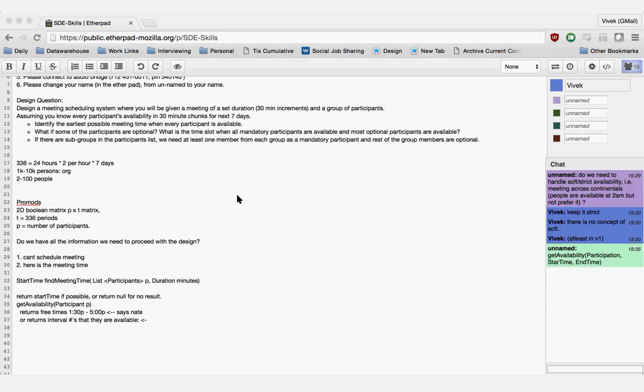Actually, it all depends. For example, if you have 7 days, 336 slots, you can return the output in terms of bits. You can do 336 bit operations to figure out the final result by doing bitwise operations across all the participants. But if you get a range, then it might be difficult to do that. So depending upon the way you want to calculate later, it could be an optimization or not.